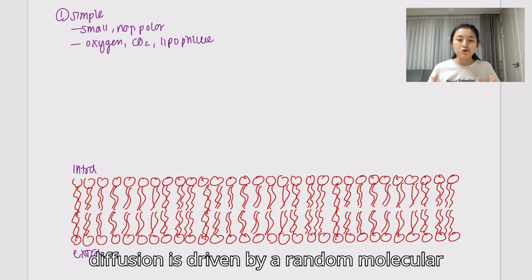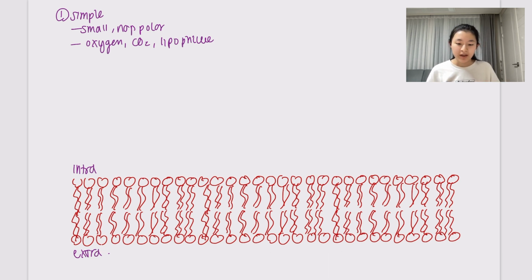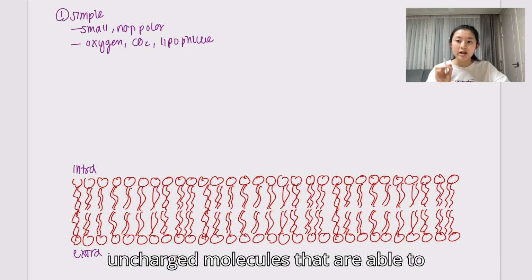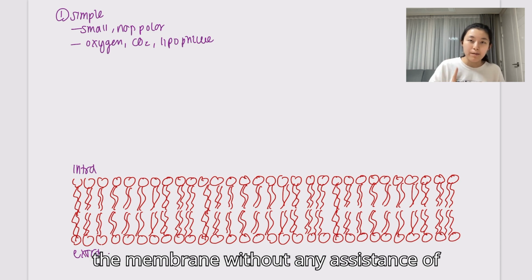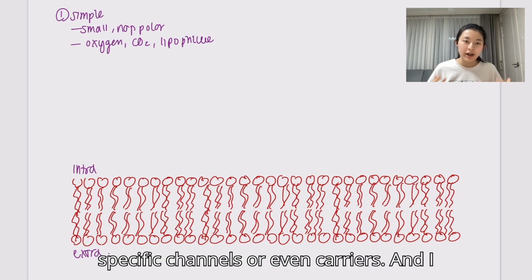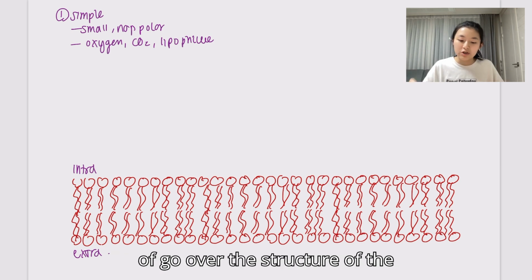Now, simple diffusion is driven by a random molecular motion process. It does not involve the use of any membrane transport proteins, and it is most effective for small, uncharged molecules that are able to permeate through the hydrophobic core of the membrane without any assistance of specific channels or even carriers. And I think this is a really good time to go over the structure of the phospholipid